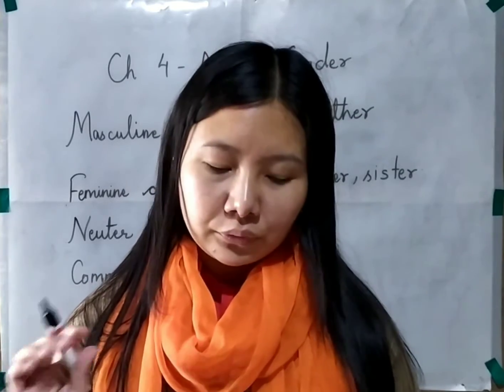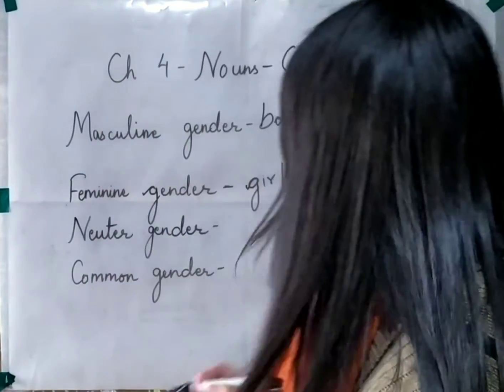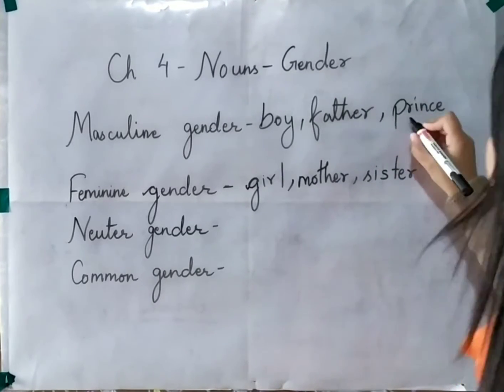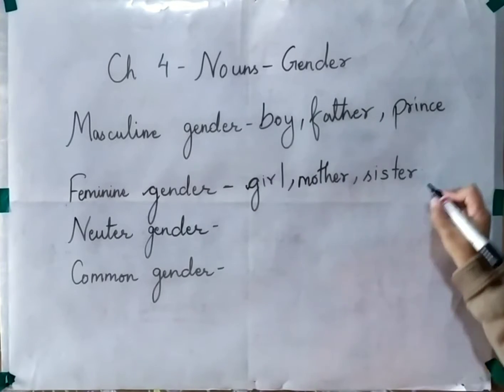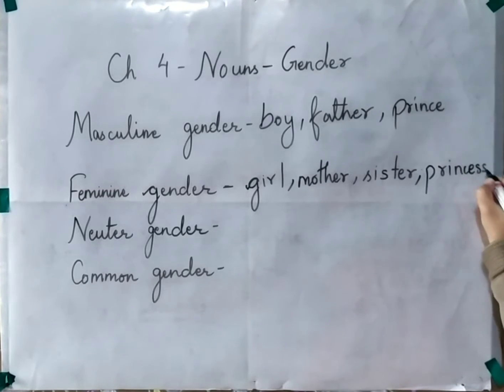We add double S or E double S to some masculine genders to make their feminine gender. So you need to keep in mind what we add: double S or E double S. Let's take some examples that are provided, like prince. The word prince is an example of masculine gender. Let me make it feminine simply by adding double S. At the end I added double S and I formed its feminine gender.